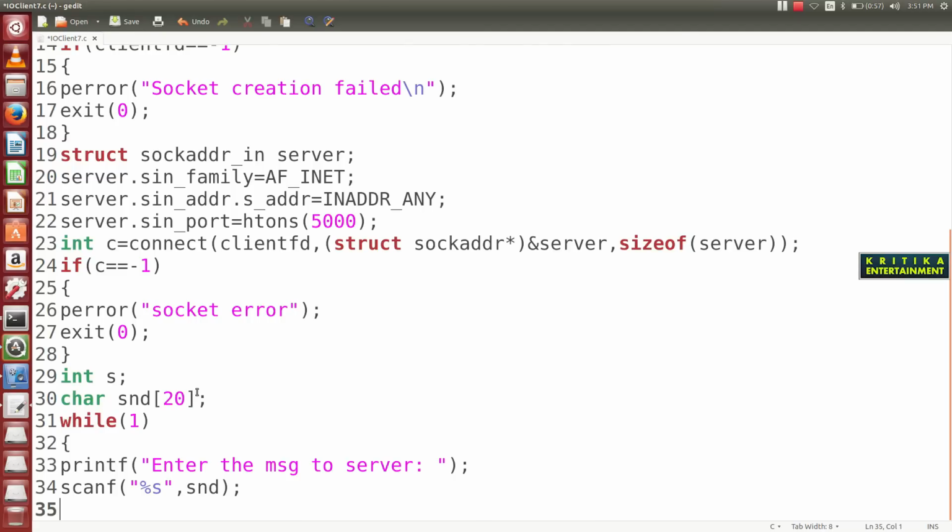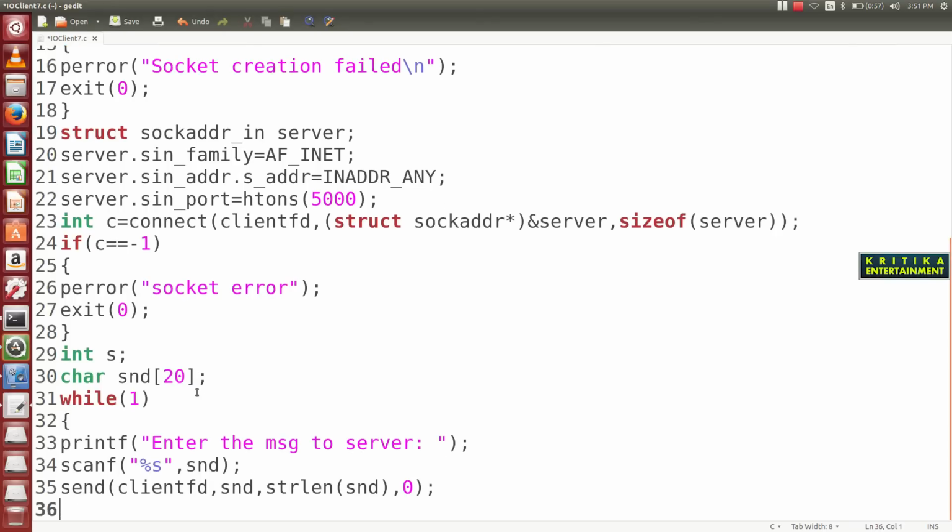Then write send. Okay, then client FD. Okay, then what to write here? Client FD, then snd, then strlen snd, then flag 0. Okay, then close this.